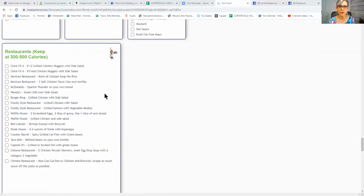Honestly, any restaurant that you are in, as long as you order a meat and a green, you're covered. You're covered. Because at a restaurant, you must consider all meat as a category 4. Even if at home you cooked that, it was going to be a piece of chicken, it would have been a lean protein. At the restaurant, you don't know what oil they cooked it in. So they have basically turned a lean protein into a protein plus fat because they cook some fat into it. And I hope that makes sense to